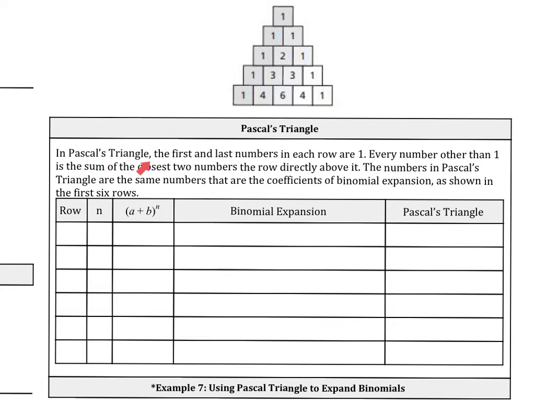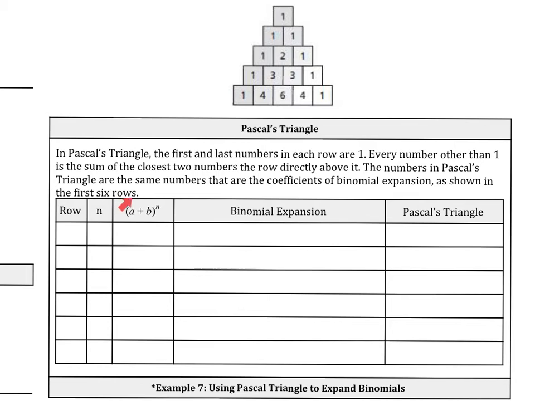So in a Pascal triangle, the first and last number in each row will always be 1. So 1, 1, 1, 1. And every number other than 1 is the sum of the closest two numbers in the row directly above it. So 1 plus 1, 3, 4, 3 plus 3, 6, 3 plus 1, 4. The numbers in Pascal's triangle are the same numbers that are the coefficients of binomial expansion, as shown in the